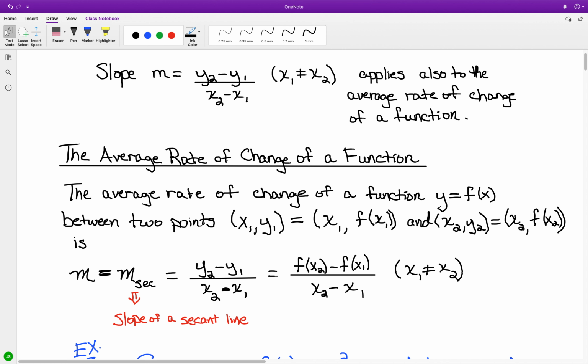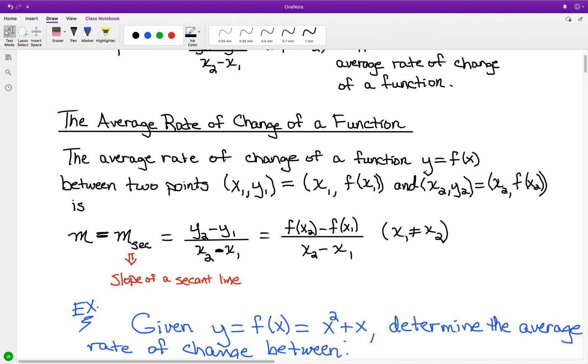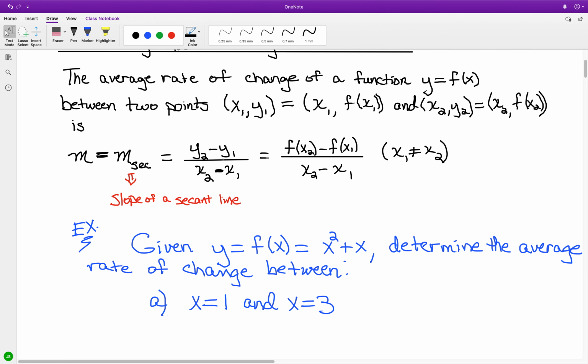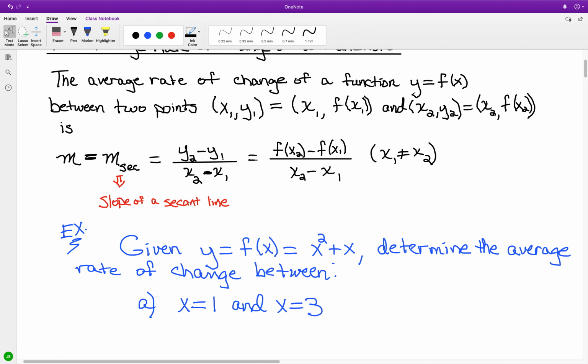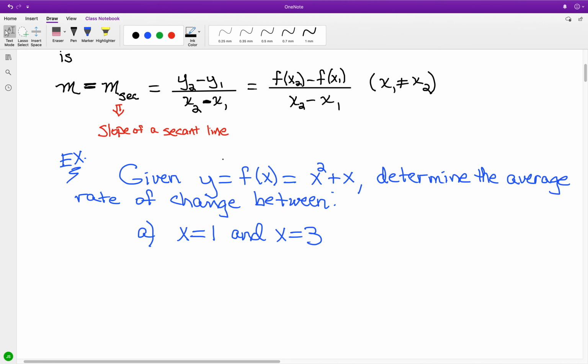Now, in looking at the average rate of change of a function, say, for instance, we have the function y equals f of x equals x squared plus x, and say we were to determine the average rate of change between x equals 1 and x equals 3. So in establishing what we have here, we have given x values. Now we look for the corresponding y values. So at x equal to 1,